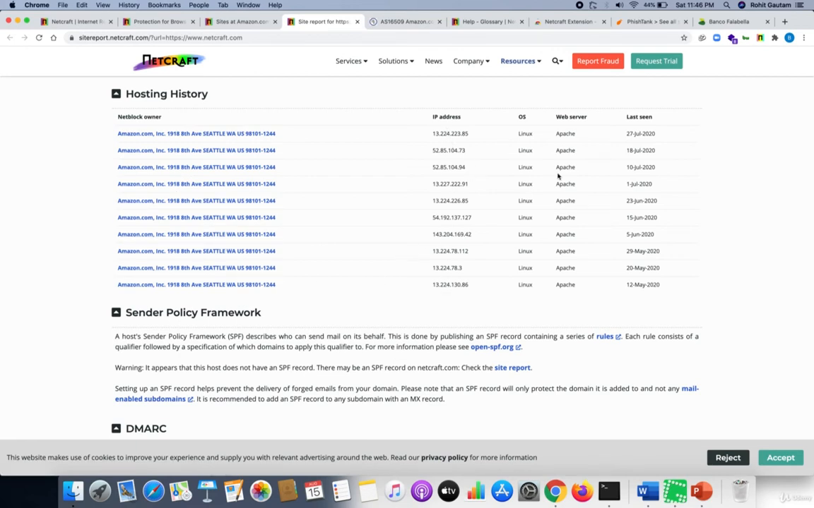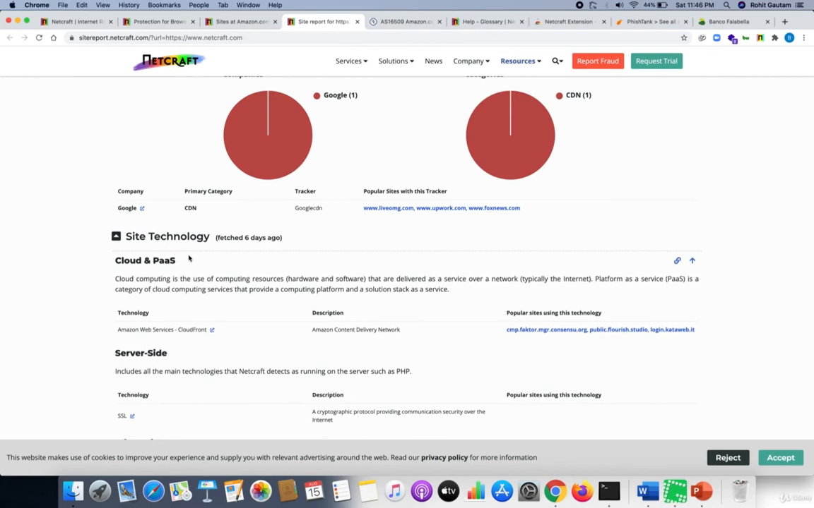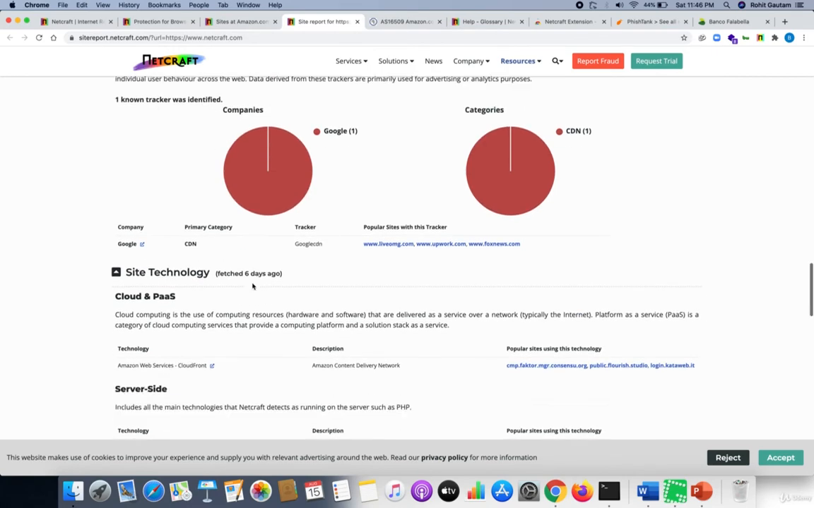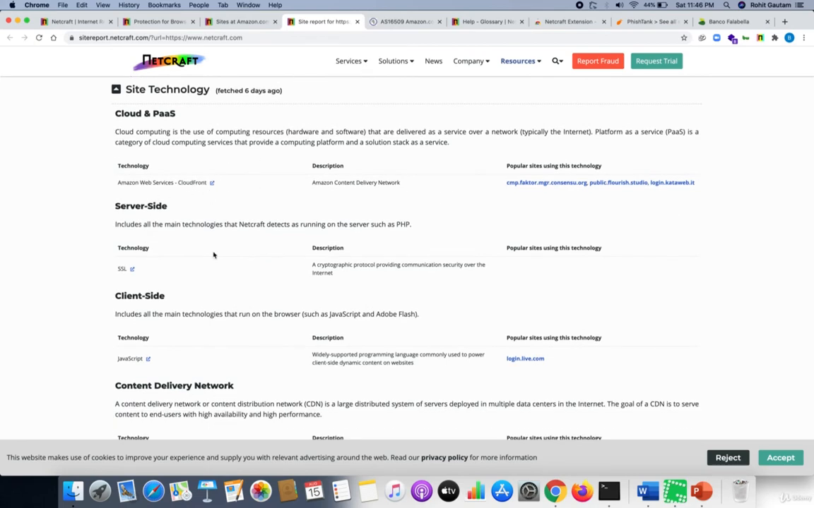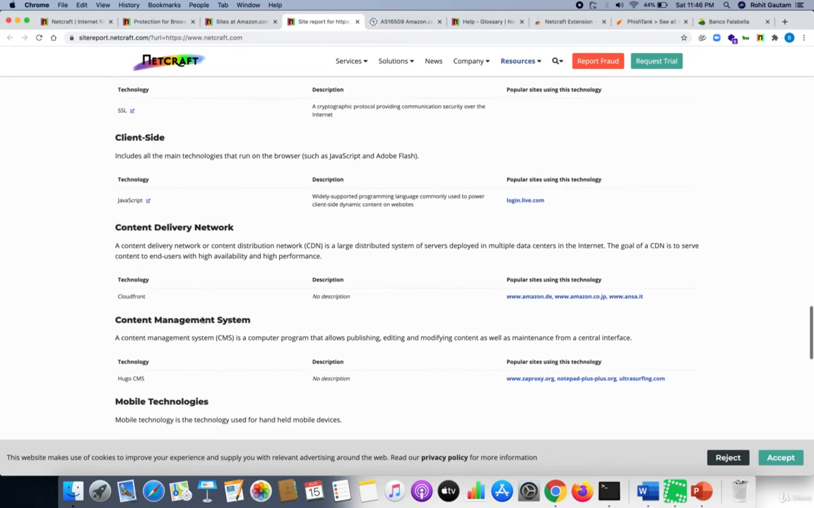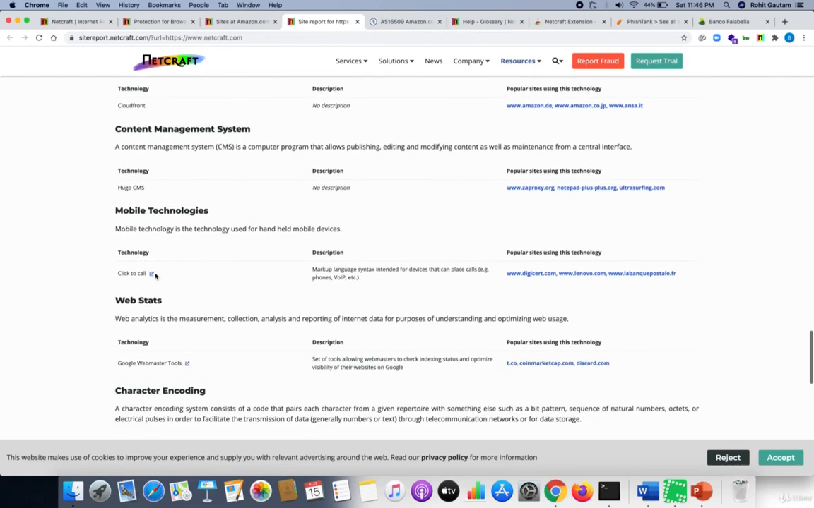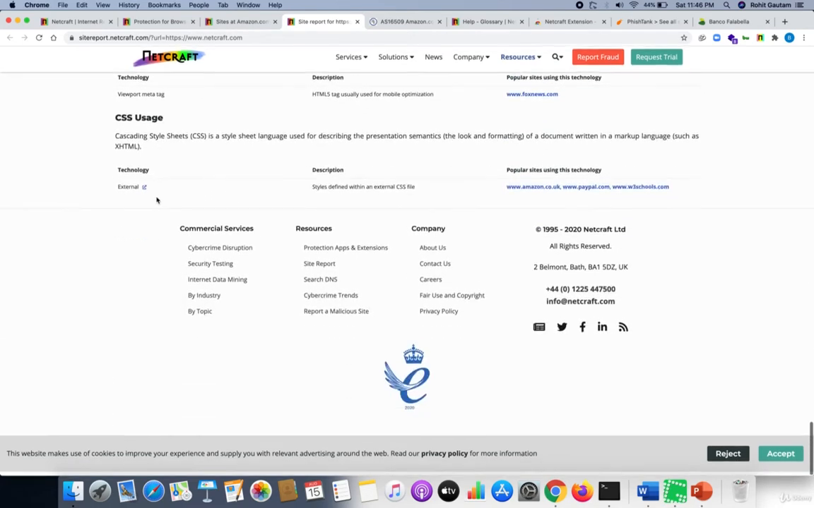So you can see the IP addresses, the OS that they are running on, which is Linux, and the web server is Apache. If you come down, you can see the site and technology. You can see the web trackers. They use Google Web Tracker. For site technology, they use Amazon Web Services, AWS. For SSL, they are also using SSL. They are running their website on PHP, and there are a lot of details for CMS, mobile technology, web stats, etc. Now,